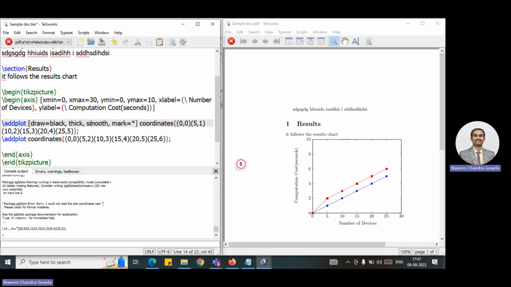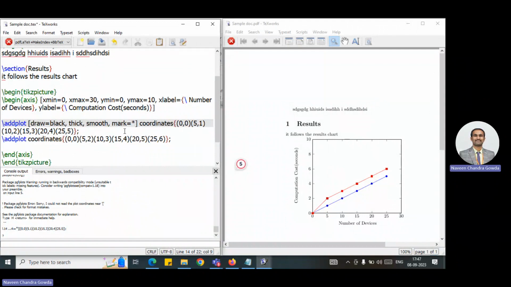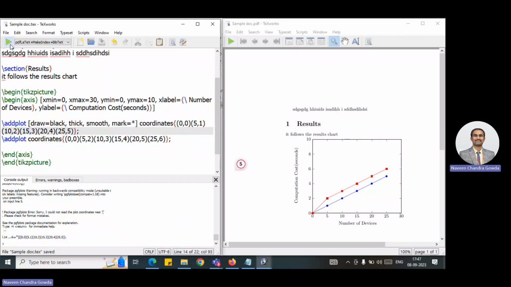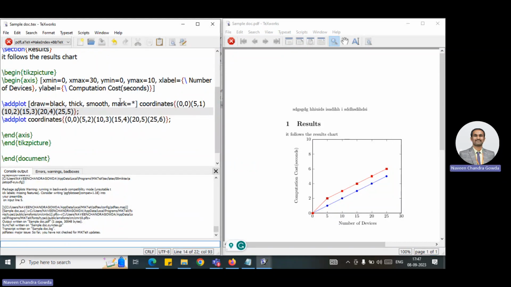Good. Yes. So before I start with the coordinates, whenever I start with the plot, what are all the dimensions or attributes which I am supposed to set for that plot? I have to set that there. Then later the coordinate values will begin, right? So now, if you see this,